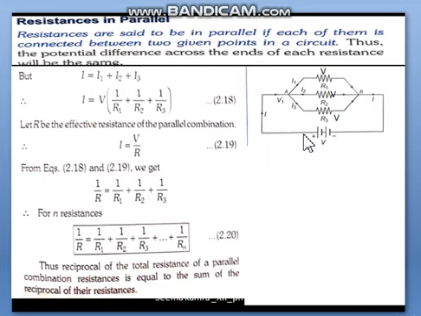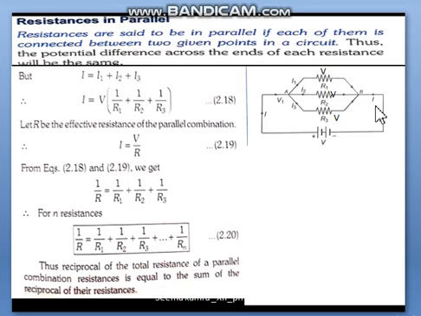Now what is different? Current is different through each resistance. Suppose total current I flows through the battery. Because the current finds three different paths, I1 current will flow in the upper path, I2 will flow in the middle, and I3 will flow in the last path, and after that they will combine again at this point and make I. Okay, so the things are not difficult. The 2 points you have to remember in parallel combination: voltage remains the same and current is different.